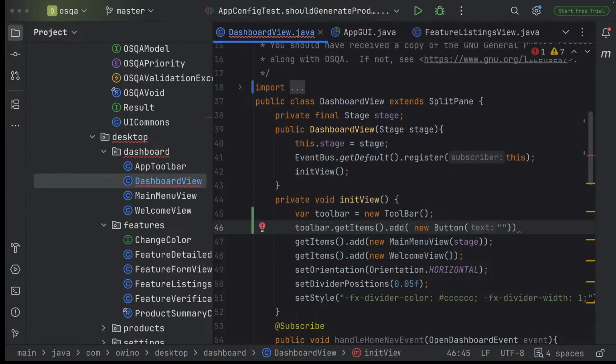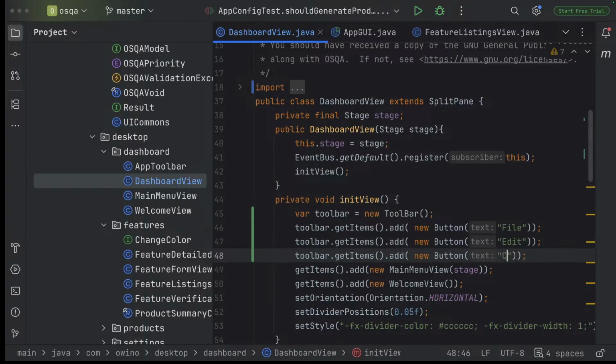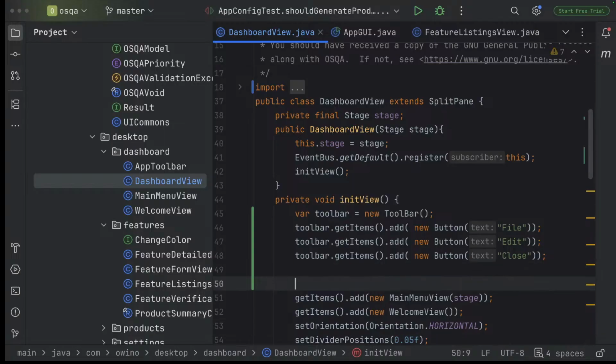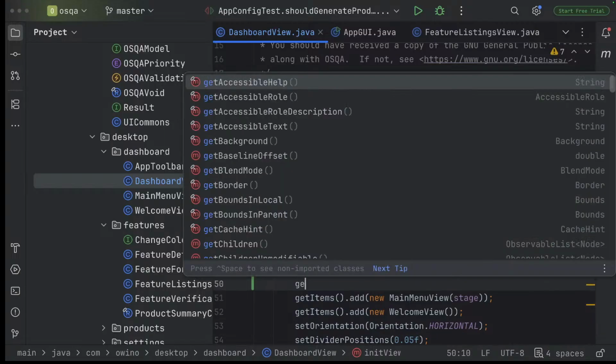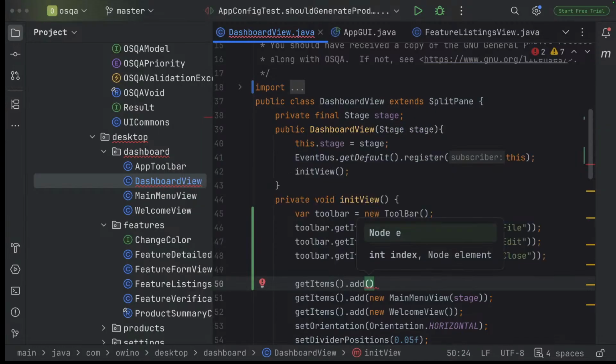Add button, perhaps file, and edit, and close. And then we can add the toolbar to,